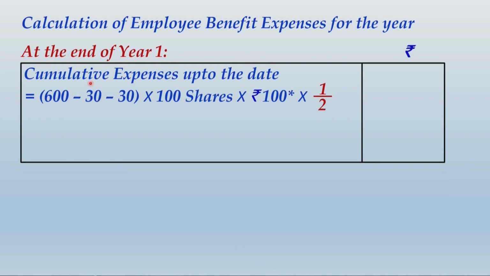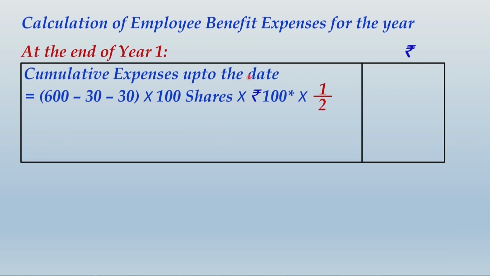600 total number of employees, 30 already left and another 30 will leave by next year. We are putting the focus only on the first 2 years because in the first year the shares could not be vested, but we expect that by end of second year the shares will be vested. So what will happen in third year and later, we are not concerned with that. Now there will be 30 employees who have left and 30 other employees are expected to leave. Therefore by end of 2 years, the number of employees that we expect would be eligible for getting this benefit of ESOP will be 600 minus 30 minus 30, that will be 540 employees, and each one will be getting